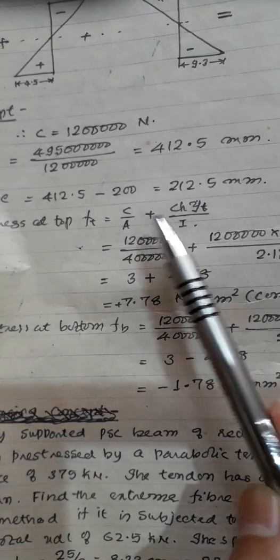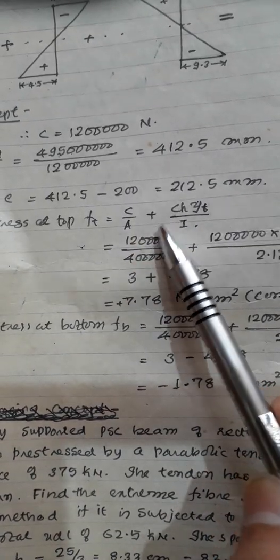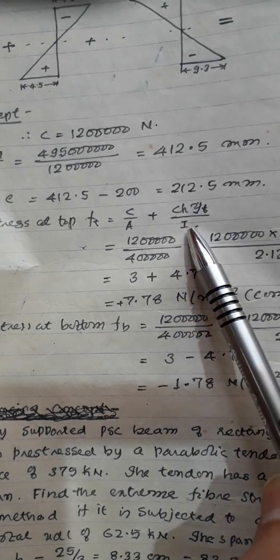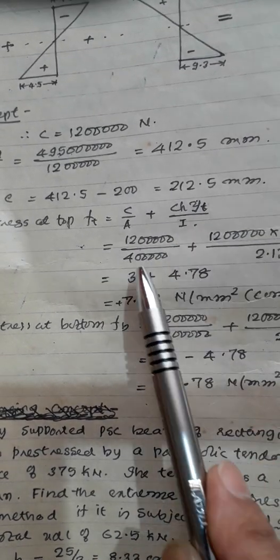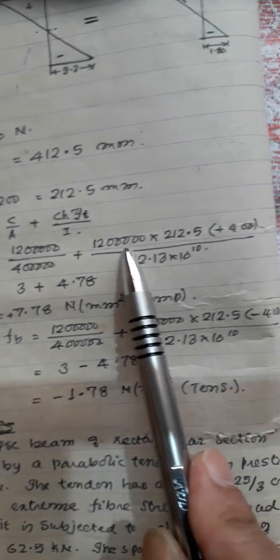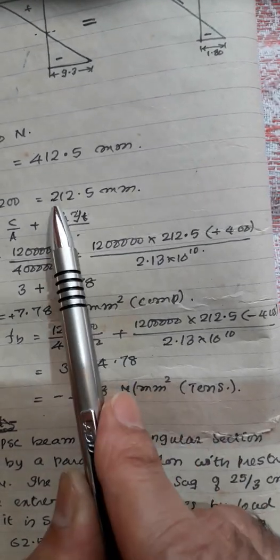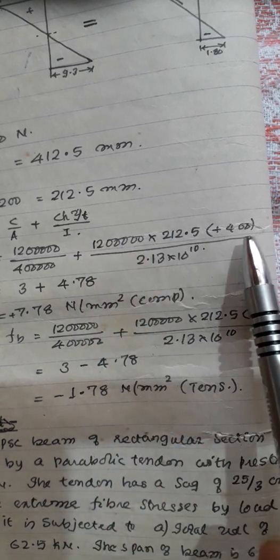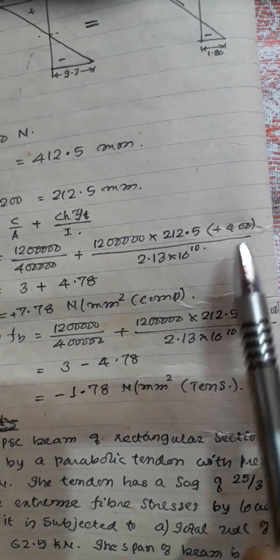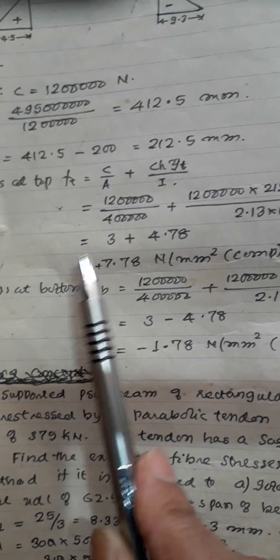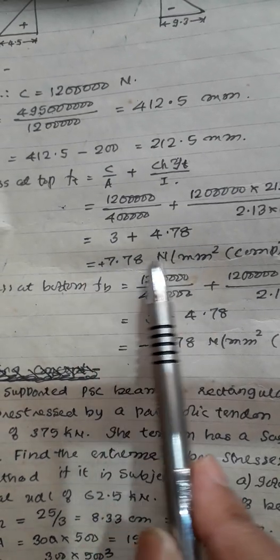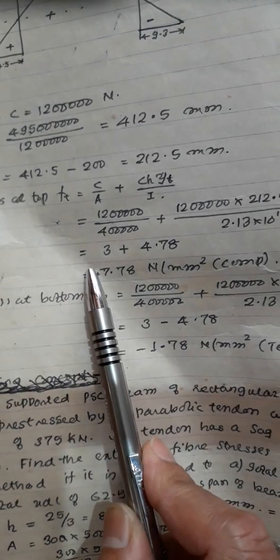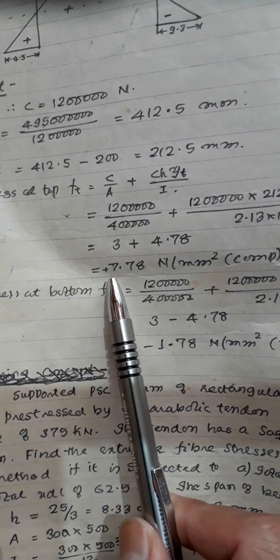The top fiber stress is C by A plus or minus CHYT by I. The C value I know, the A value I know, again C, the H value you have just found is 212.5, YT as you know is plus 400, divided by I. So you will get so much. The resultant top fiber stress is plus 7.78, as you have obtained,